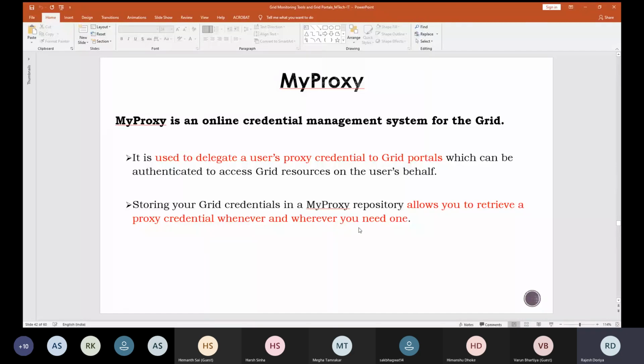Okay, so it may be possible that you want to use the grid resources after some time or at any time. So you must be able to access all those grid resources if you are a legitimate user. So it must provide 24/7 access to all the grid resources, so it must be up all the time. Fine.